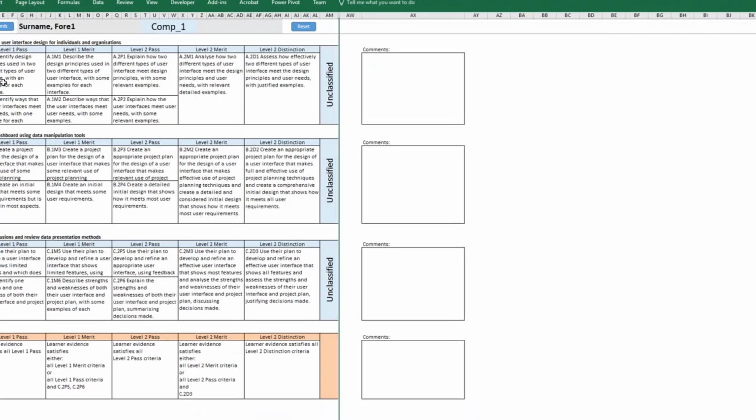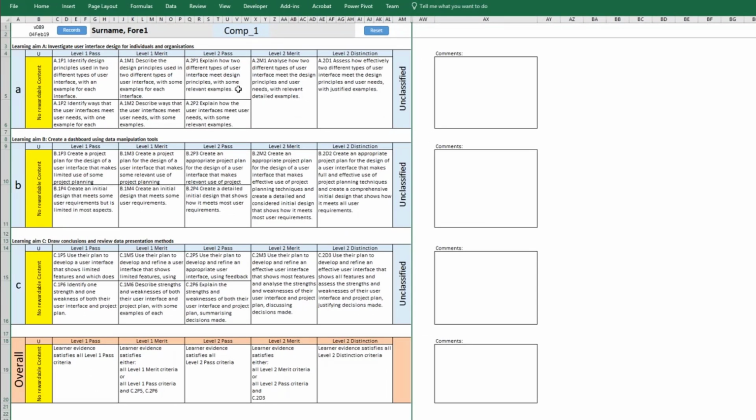This is the assessment grids, or the assessment criteria, for learning aims A, B, and C. I built this tool. I'm just double clicking the assessment criteria that I'm awarding to student surname 41. I've double clicked these cells and it's highlighted, because I had a hard time trying to figure out why we've got some funny little rules in here,